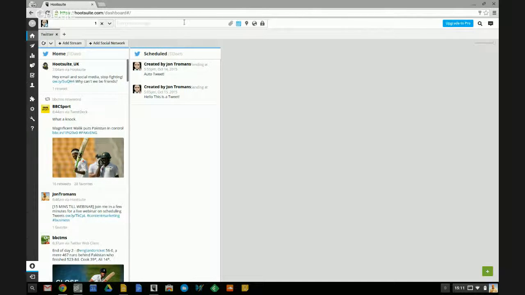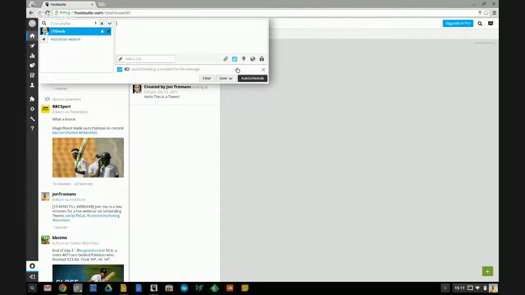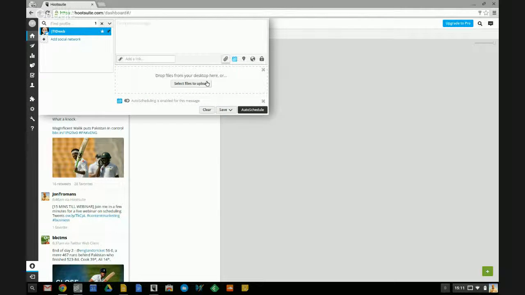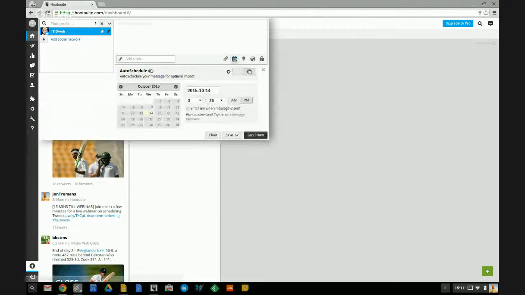You can add images to your tweets. If you want to add an image, then you just click the little icon there, and you can select things from your computer to add images. You can add your location and things as well if you want to. It's too much to do with this schedule. But this is a really good way, using this dashboard, to schedule tweets at specific times,